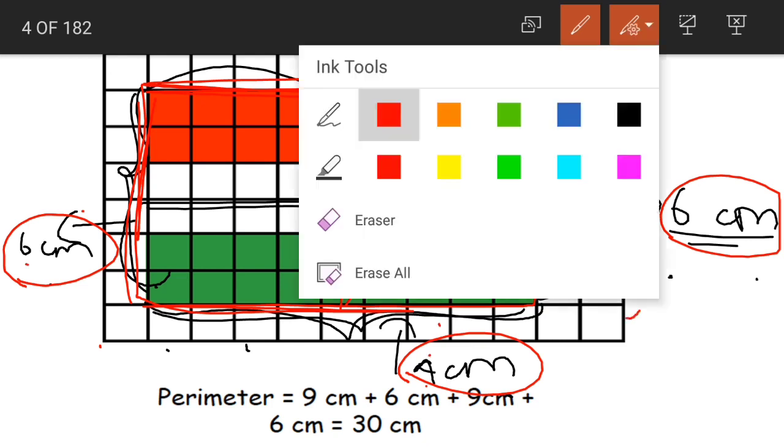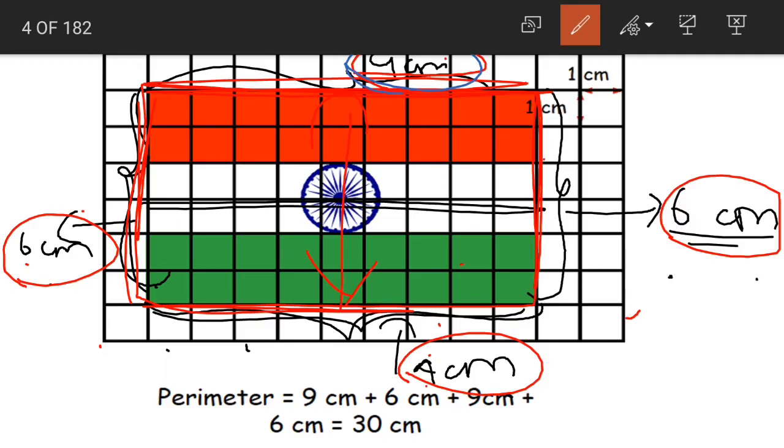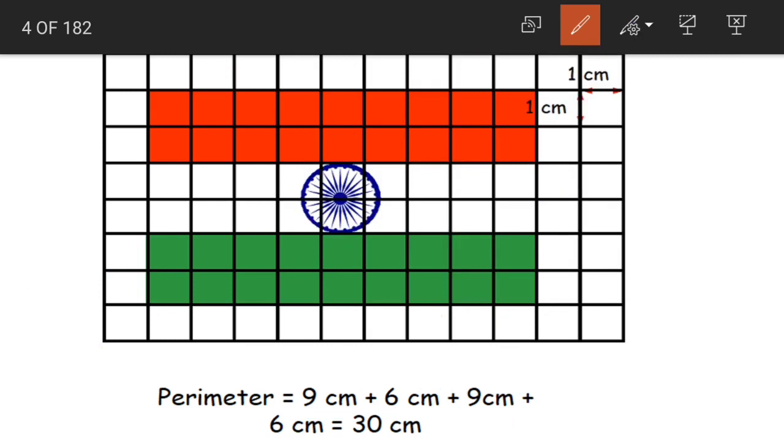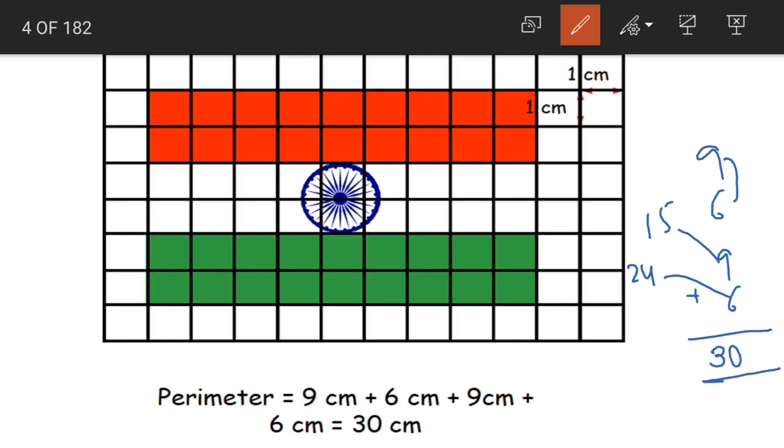What do we have? We have 9 centimeters plus 6 centimeters plus 9 centimeters plus 6 centimeters. See, 9 plus 6 plus 9 plus 6. When we add all of these together, what will our answer be? 9 plus 6, 15. 15 plus 9, 24. 24 plus 6, 30. The total length would be 30